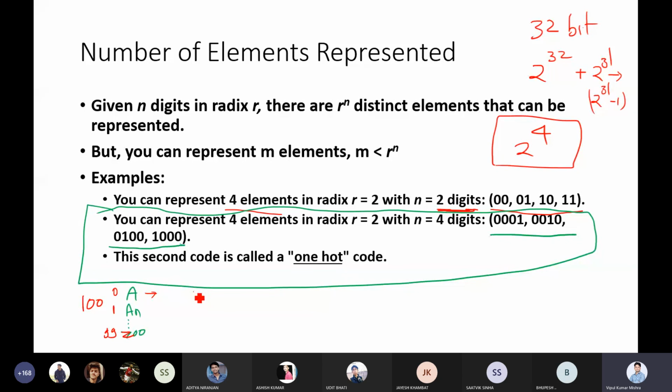So here, how will we represent it? For the last word, 0 0 0 0 up to the last place will be 1. For the next one, the second last place will be 1, remaining all 0. And for this one, the first place will be 1 and remaining all 0. This is known as the positional argument, and this is also known as one hot coding, meaning only one place is 1, remaining all 0. This is heavily used in NLP tasks, natural language processing, whenever you want to represent a word in a particular sentence. So that's the example.